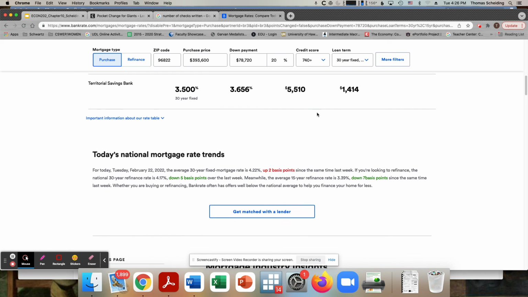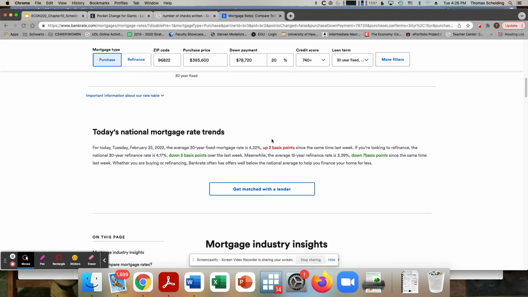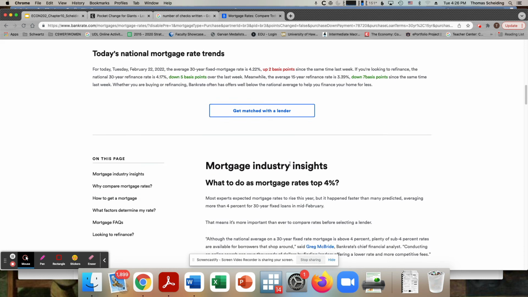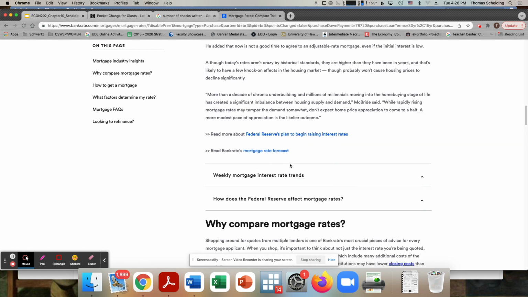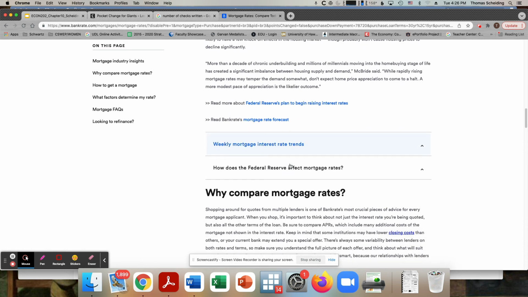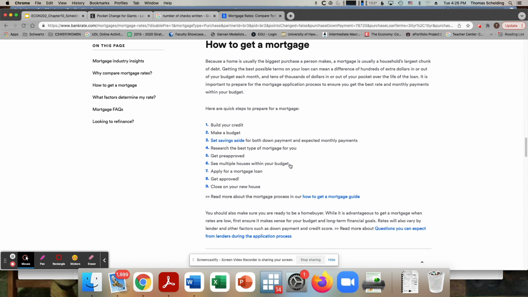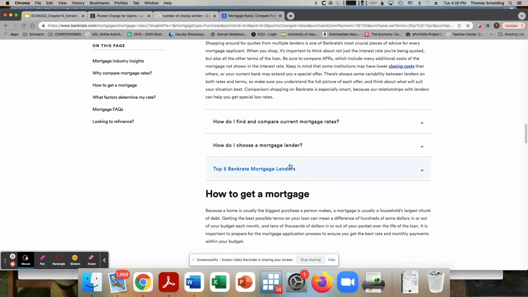Disregard all these advertisements. If I want to look at the trend here, I mean, basically, we see that the interest rate has been going up over the past several months. And it's doing that because the Federal Reserve has been telegraphing, communicating over the past several weeks that it intends to reduce the money supply.